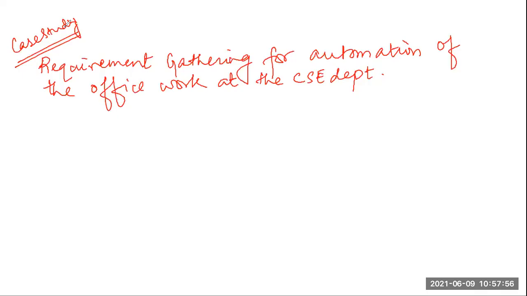The HOD of that department wanted to automate the entire office work because these five people doing it was taking a lot of time. Office work can be anything. Suppose after the result, the marks of each candidate are taken one by one, then the average is computed. Result sheets and admit cards are distributed, who has taken the card and who has not, the database of users, all these things are done manually.